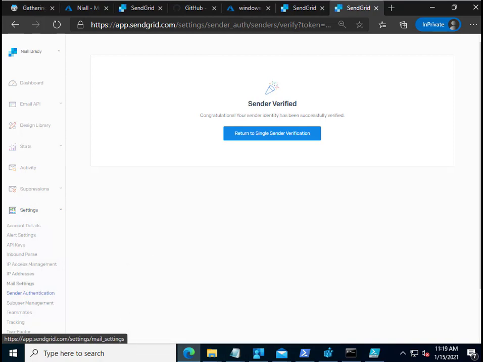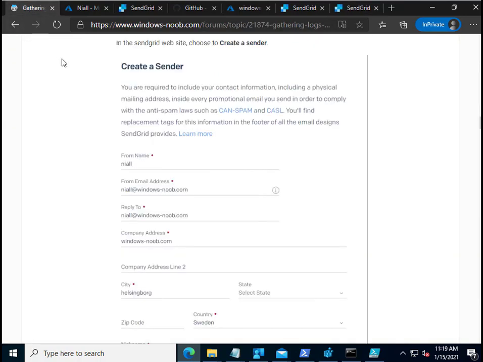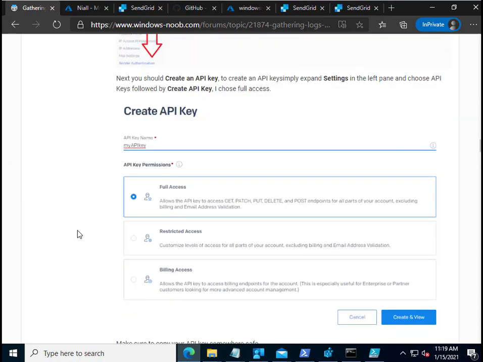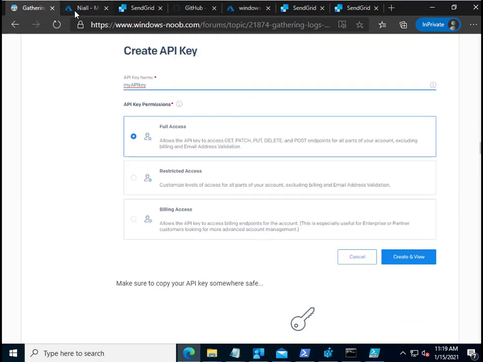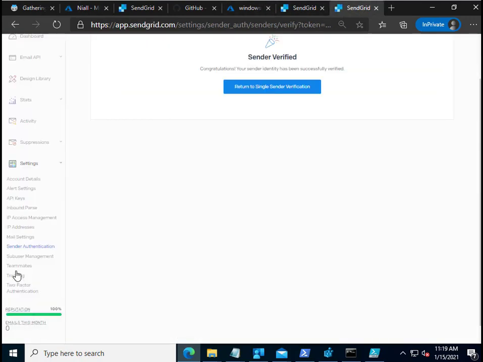The next thing to do is to create our API key. And to do that, we're going to expand the settings in the left pane and choose API keys, followed by create API key. So that's what it says in the guide. I'll just show you just in case you doubt me. So here it is, create API key. All right. So where were we? We're here. So let's click on API keys